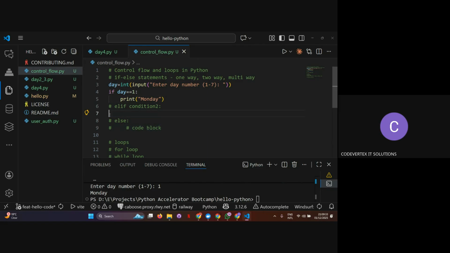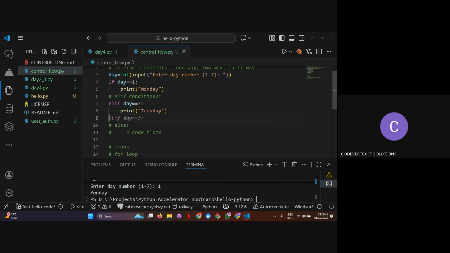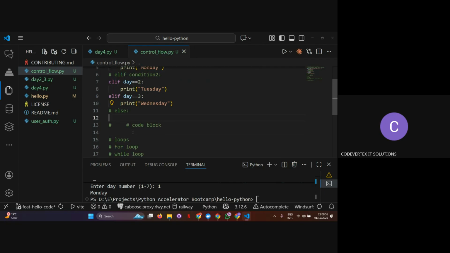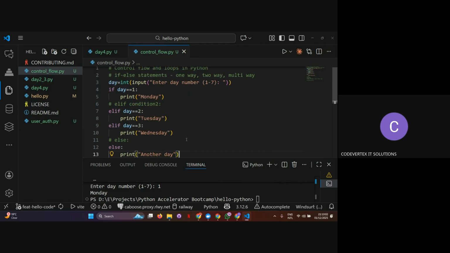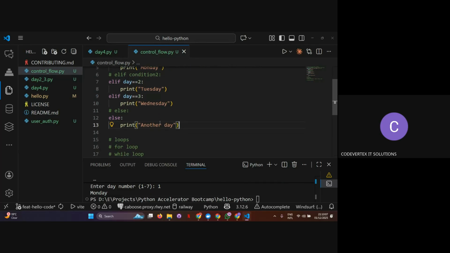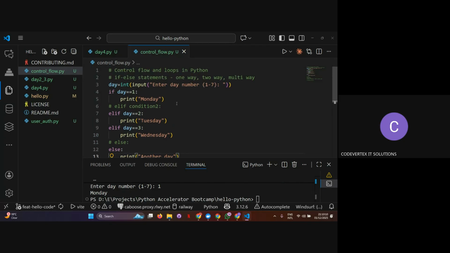second option here, where now we can check multiple options. So I can say, if it is 2, then it is Tuesday, and I can continue checking. And then we can have maybe the else. So else here will print if it is not in these options. The number should be between 1 and 7. If it is not within those options, then we can say another day. But there's something that I also wanted to talk about,